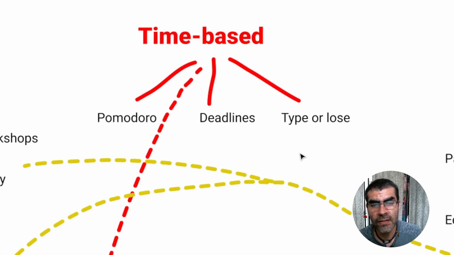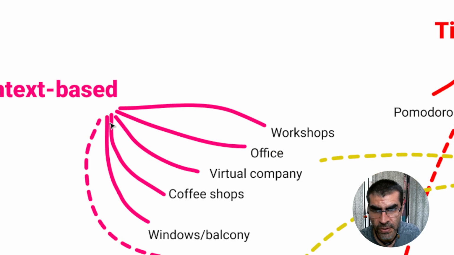And there is this kind of type-or-lose, and you may know about the app Write or Die, the Most Dangerous Writing App, or Flow State. With these kinds of apps, you type, and as soon as you stop typing, everything that you have already typed is deleted, it's erased. We saw this in another video. But these time-based stressors help some people with their writing.